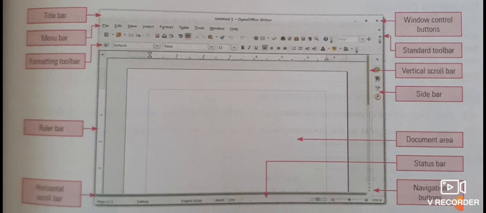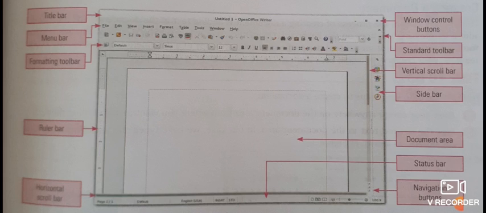Sidebar. Sidebar consists of icons used for opening panes, including properties, style and formatting, gallery and navigation. Now the document area or the work area. It allows us to add or edit the text. The area in the word processor where we can type the text is called the document area or the work area.